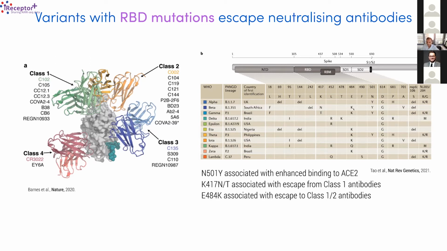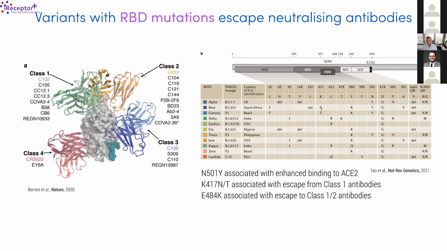So what that might indicate is, and after doing some more extensive studies, it's actually very clear that E484K drives a lot of escape to class 1 or class 2 antibodies. In fact, one of the Eli Lilly antibodies completely loses binding when E484K is present. Class 1 antibodies also are partially unable to neutralize